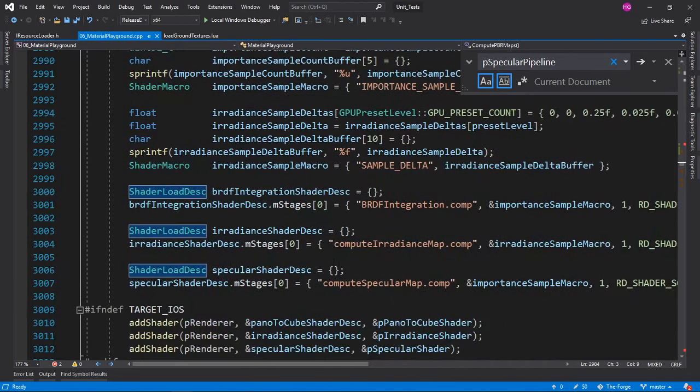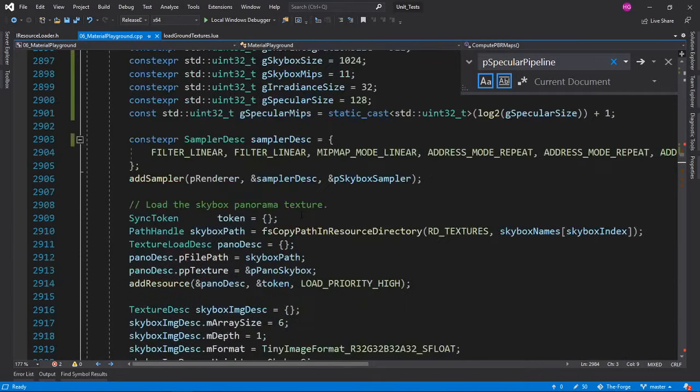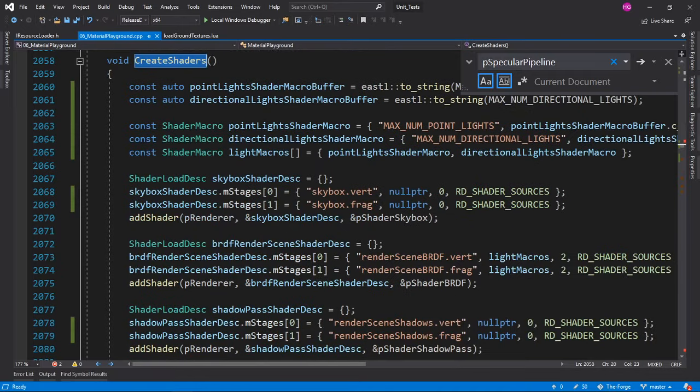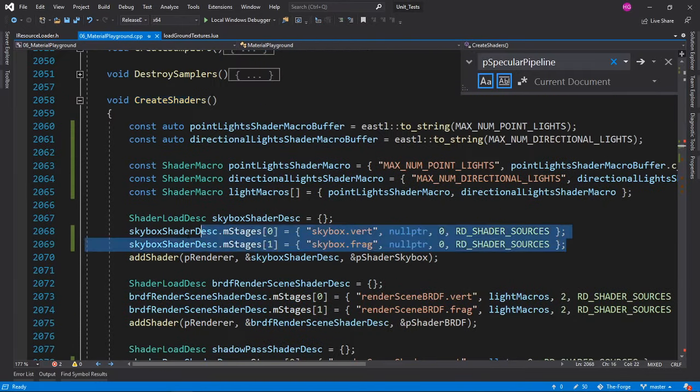I don't know. So these kinds of abstractions like load shader, they don't really say anything. You know, create shaders. They don't really specify anything. Like you could have a skybox entity that would load the shader, do the proper things related to that skybox. So you could have a section of the code that would do the service that is required for skybox. That to me is a better abstraction than this. This just explains the implementation. I don't care about the implementation. Tell me what the code does.